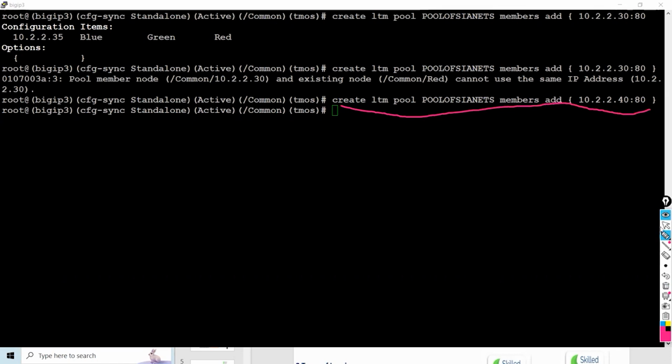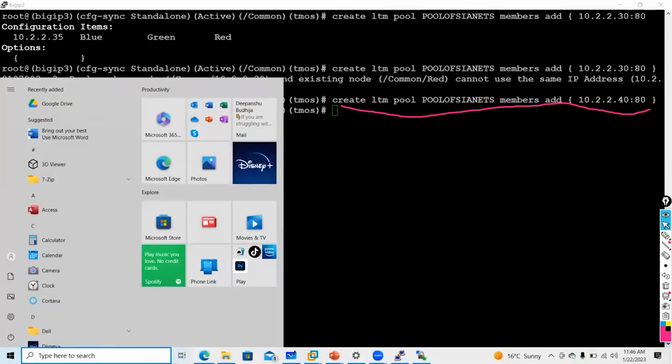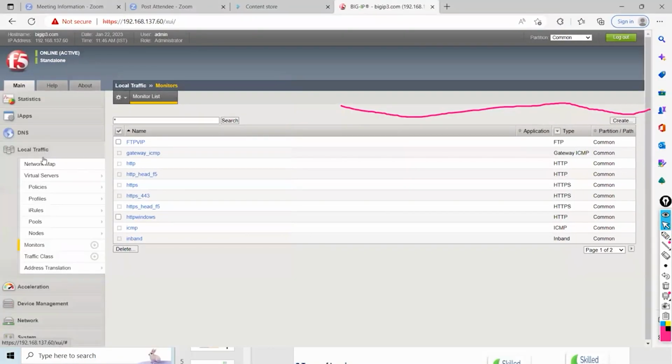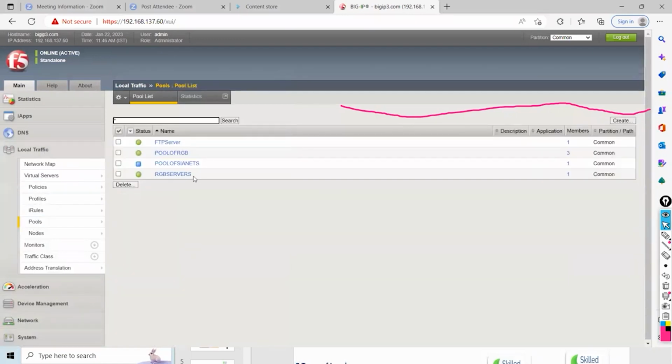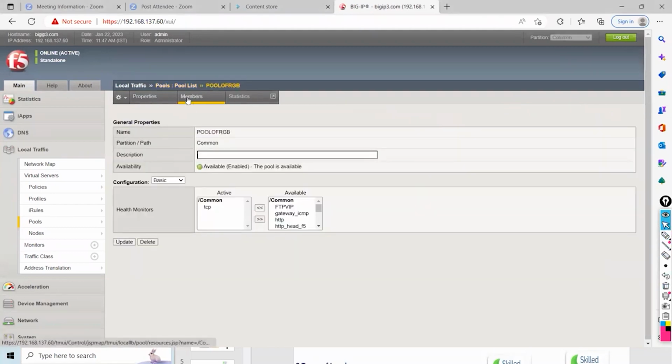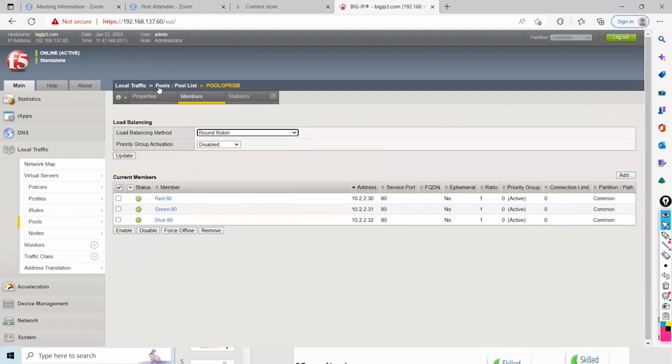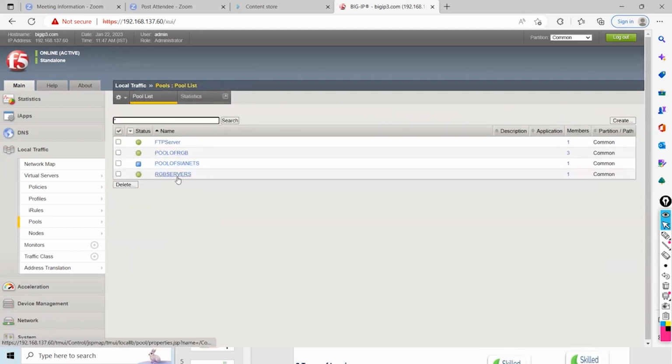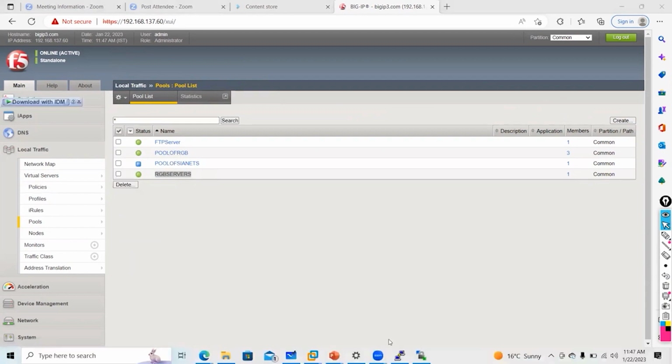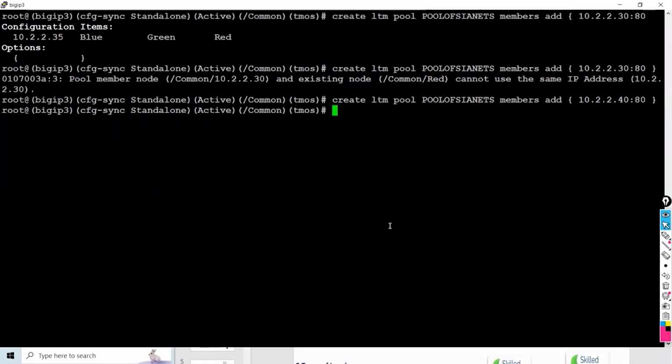So I will go to GUI. I will go to local traffic, see the pool. Can you see? Now guys, my question is, I want to delete this RGB server. I want to delete this whole pool of RGB, or let's say RGB server, this one. How can I do it? Anyone? I want to delete one pool. So what is the command? Delete